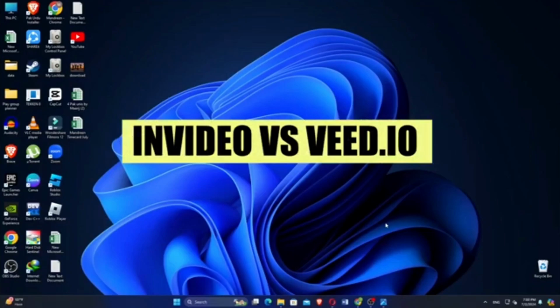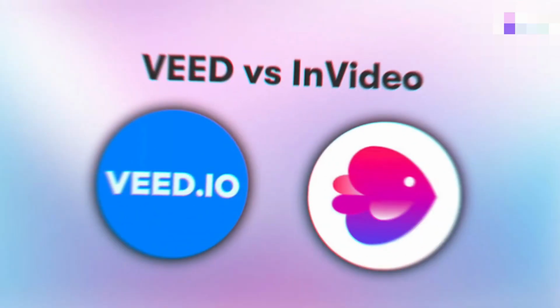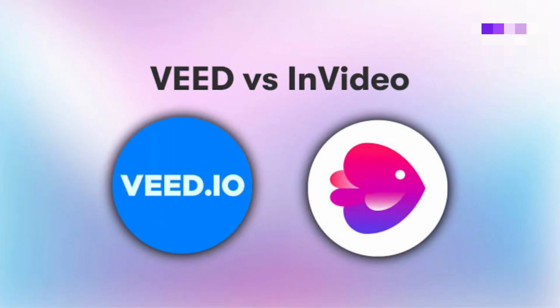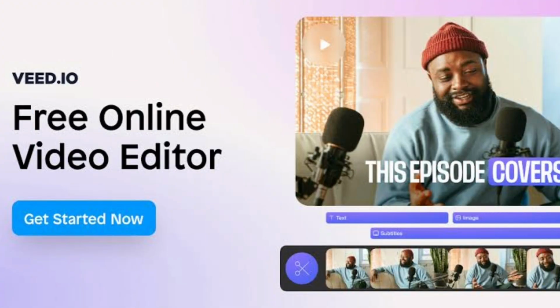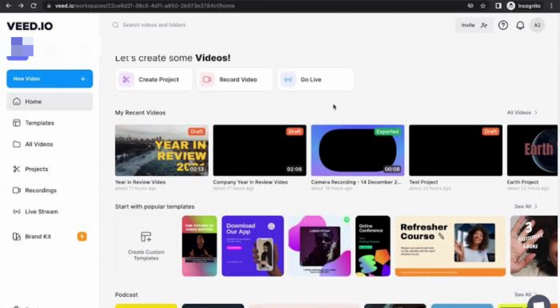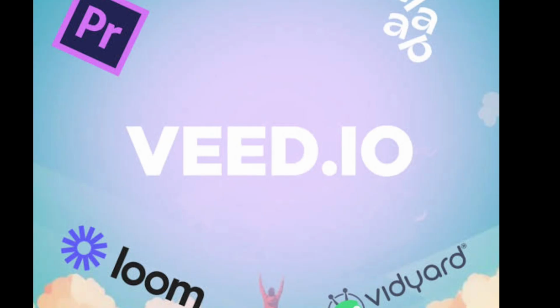In this video we will compare Veed and InVideo. Let's break down both tools and help you decide which one is better for your video editing needs. Veed is an all-in-one online video editor known for its simplicity, clean interface, and great for quick edits, subtitles, and